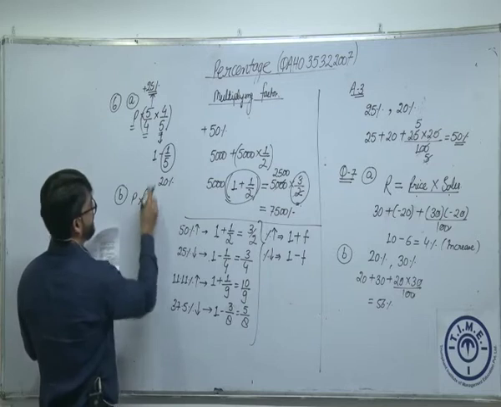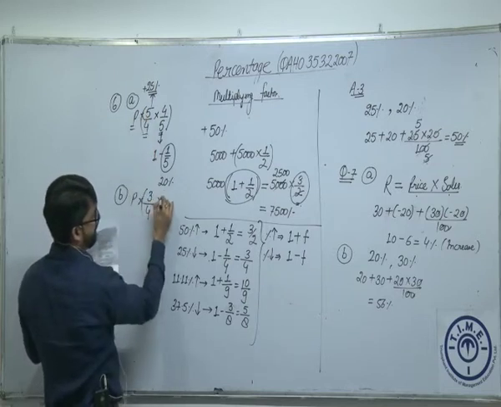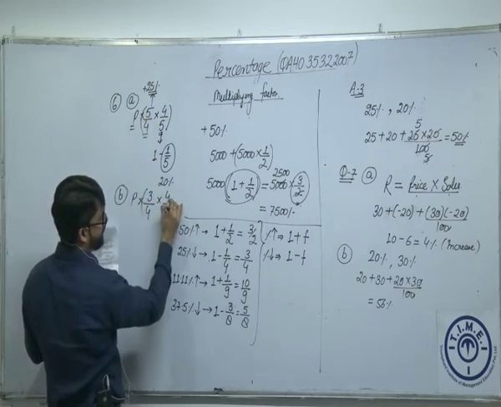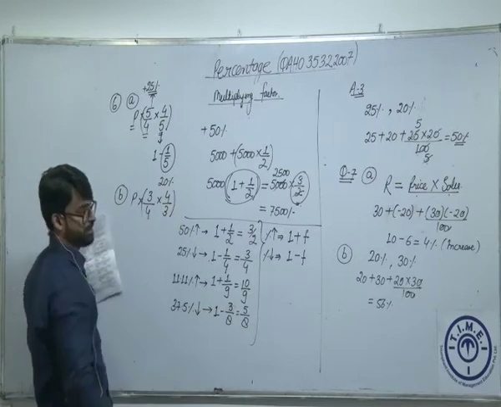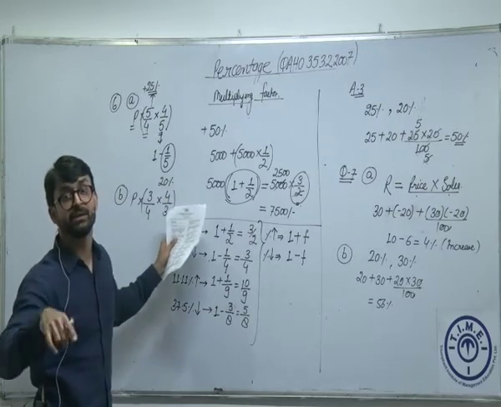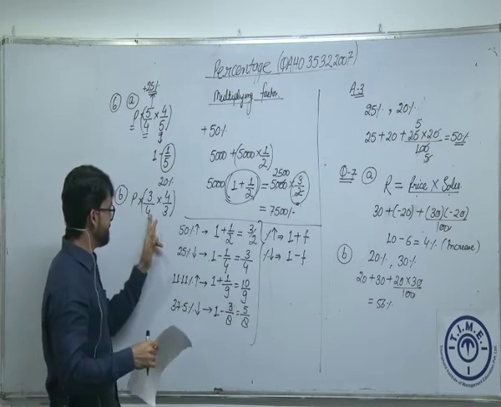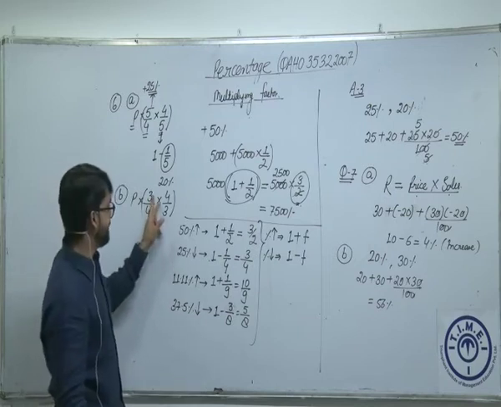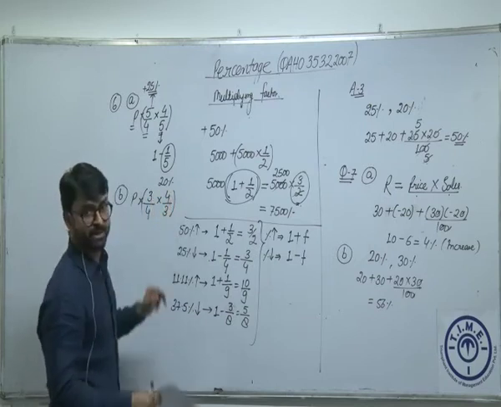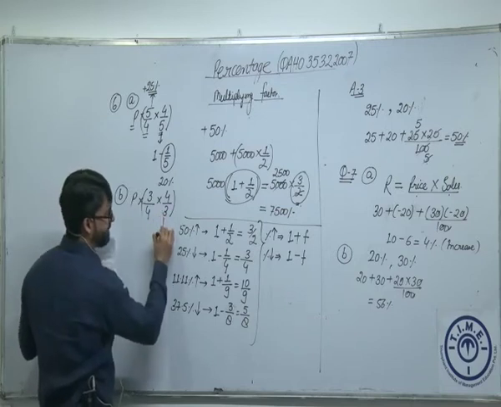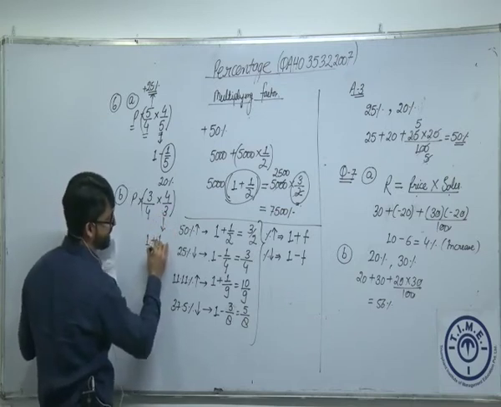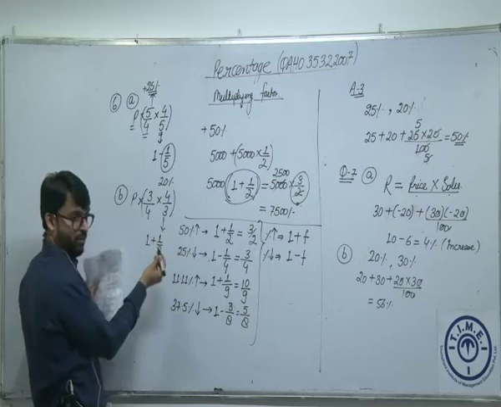Now again, the way we did in the previous question, we have to write 4 in numerator and 3 in denominator to keep it to the original value. 4 by 3 is obviously more than 1. What I have done? I want to cancel this 4 as well as this 3. So 4 has to be numerator, 3 has to be in denominator. This 4 by 3 means 1 plus 1 by 3. It is more than 1, obviously.